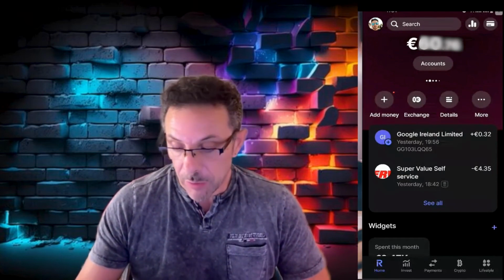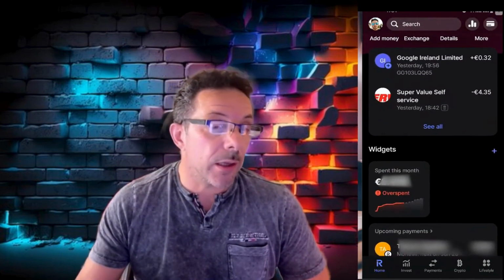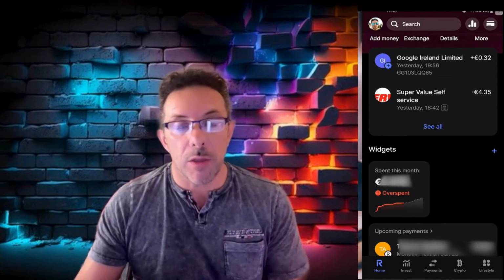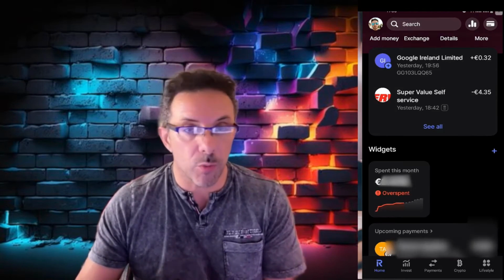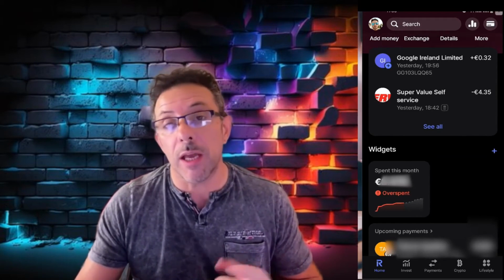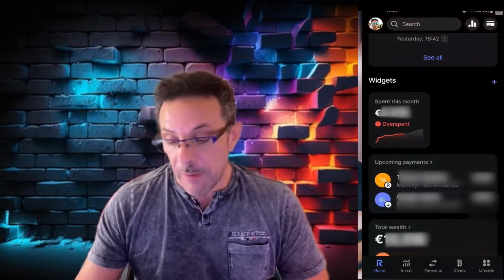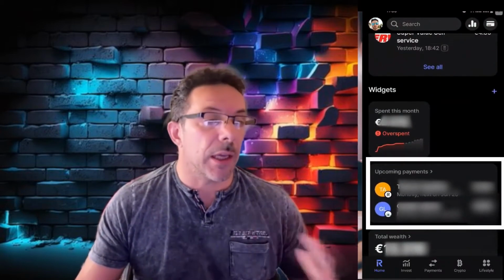Then here we have the widget. The widget is, well, a widget that in this case shows me how much money I've spent during the month, because I've set a budget where I say I want to spend this much at most in a month. If I go into overspending, so if I've spent more, it notifies me. And in any case, whether I've spent more or stayed within the budget, it gives me all the graphs. Then here we have upcoming payments, which might be the DSL, the car payment, the rent, etc.